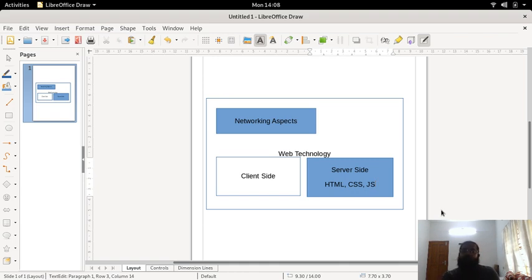But when it comes to hosting the entire website on a web server, you have to host the HTML, CSS, JavaScript, then the PHP. If it is Java based, then you need to have the Tomcat server. If it is PHP based, then you have to have the Apache server.